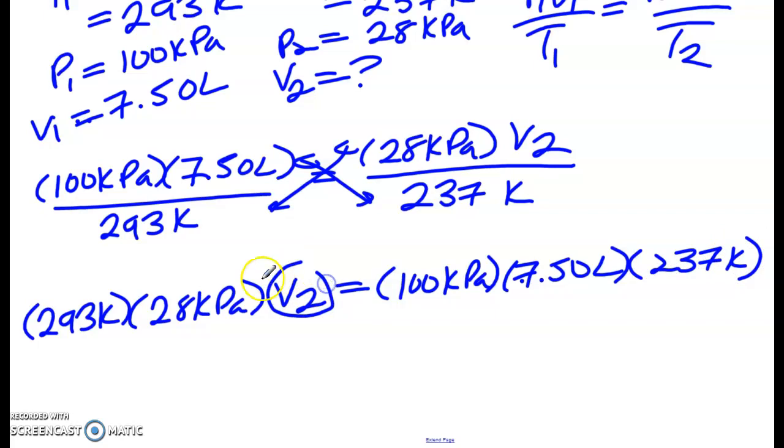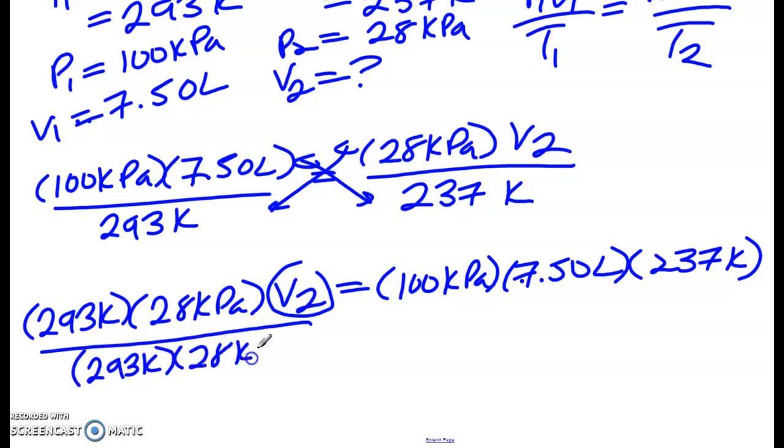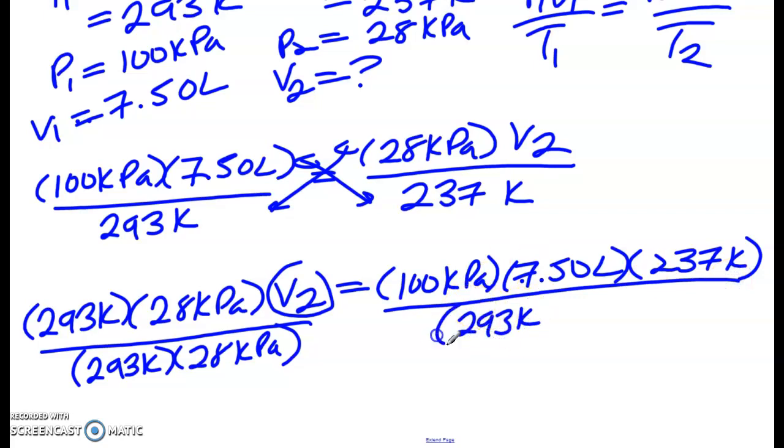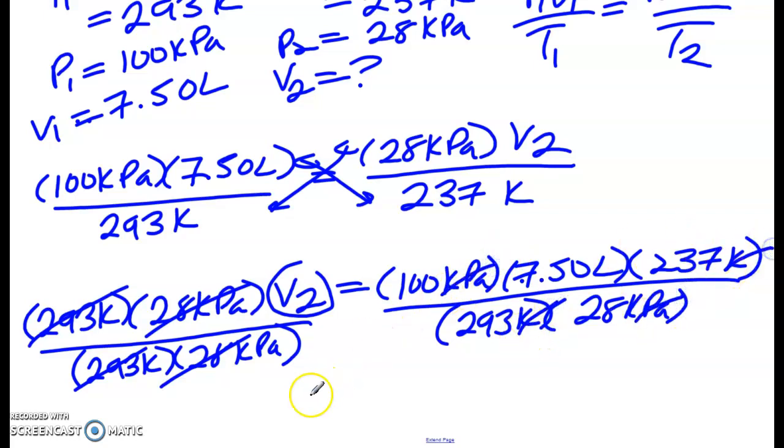We want V2 to be by itself. So just like we always do, you have to divide by whatever it's with. So in this case, the only difference is there's two things there, but it's the same process. 293 Kelvin and then 28 kPa. Right, so these cancel. And then if you look at the units, kPa cancels and Kelvin cancels, you're left with units of liters, which is what we should have. Okay, so it ends up being 100 times 7.5 times 237 divided by 293 times 28, which ends up being